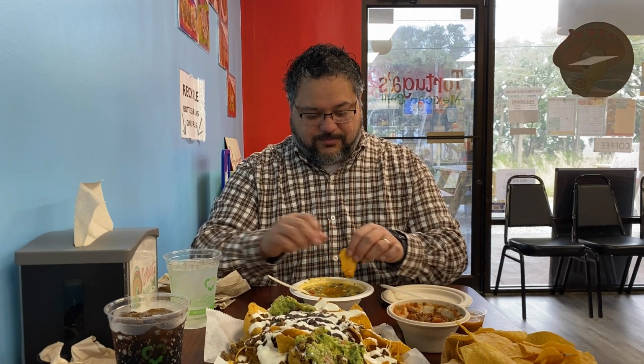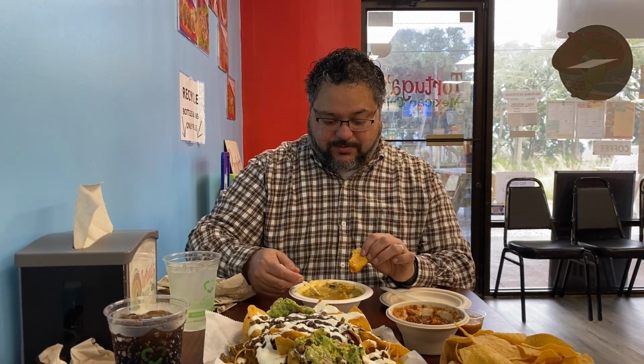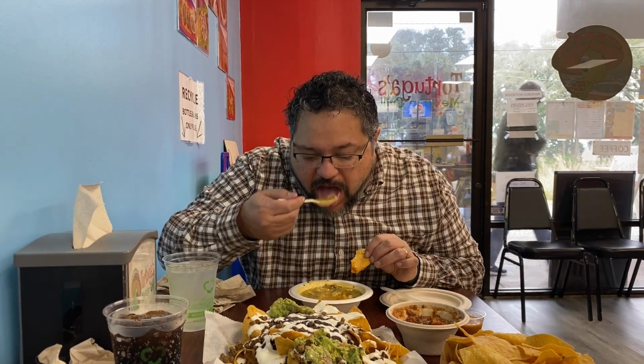I think it'll go good in my soup, so I'm going to put a big helping in there. I better get it stirred up in that soup really good. Oh, let's keep stirring it some more. Now, a big bite. And the verdict is...